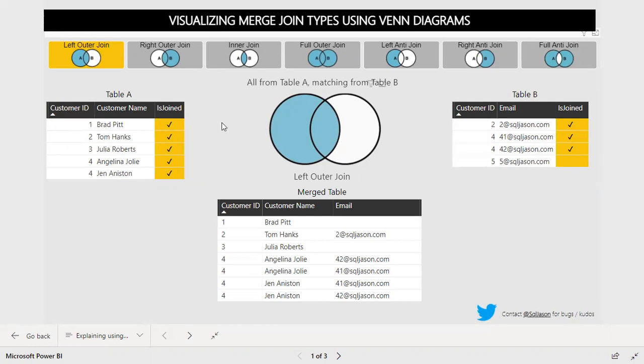So right now I want to make a left join. All the values from the left table will come, and then the common values from the right side. You can see 1 is there, so we get that value. Then 2, we get the value. Then 3, we get the value. 2 we have in both places, so I get the name and then the email address from the right side table. I have values for 3, I'll get it, but I don't have a value from here, so we don't get that one.